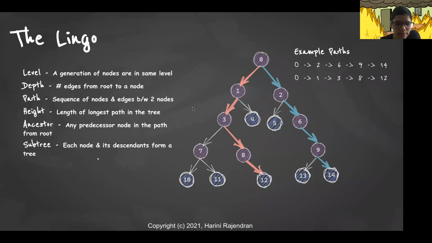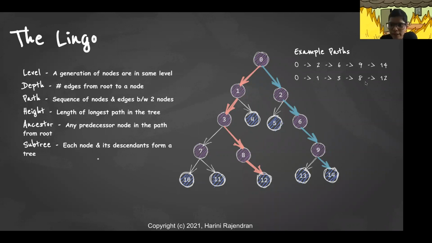And then the ancestor of a node. If you take any node, all the elements that are present before it, as you backtrack all the way to the root, are called the ancestors of that particular node. For example, if you take 8, and backtrack all the way to the root, 3, 1, and 0 are 8's ancestors. So if you take the path from the root to this particular node, it's 0, 1, 3, and 8, as I mentioned here.